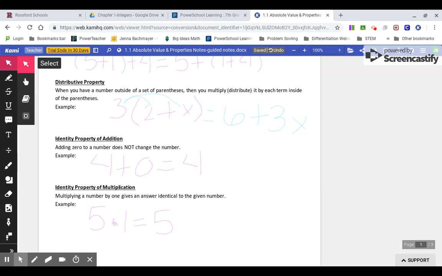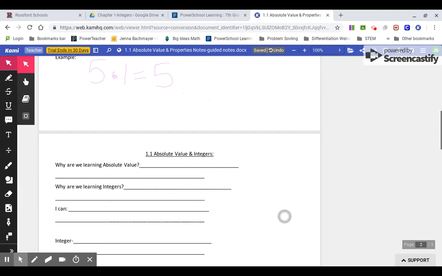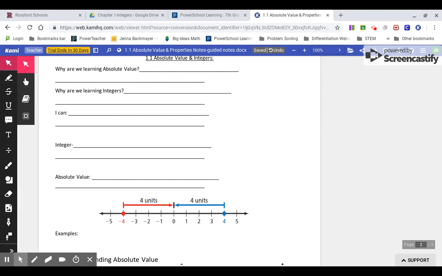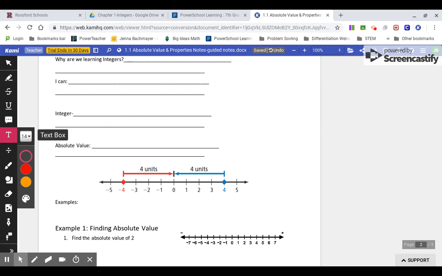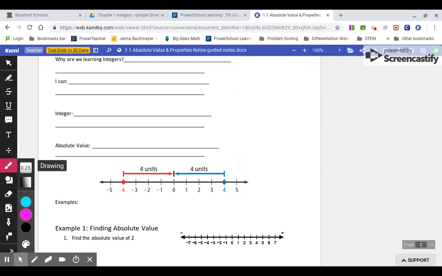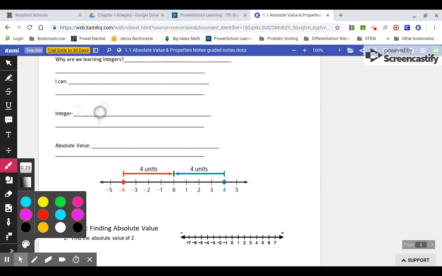We are going to head into our new section of notes. Okay, so go ahead and flip the page or move to 1.1, absolute value and integers. All right. An integer is a positive or negative whole number. All right, so let's see if I can get this on here. A positive